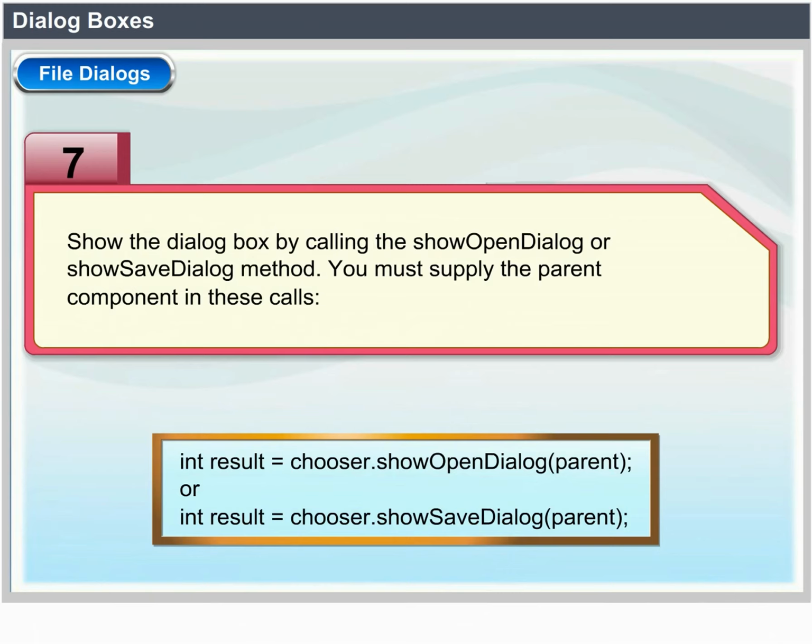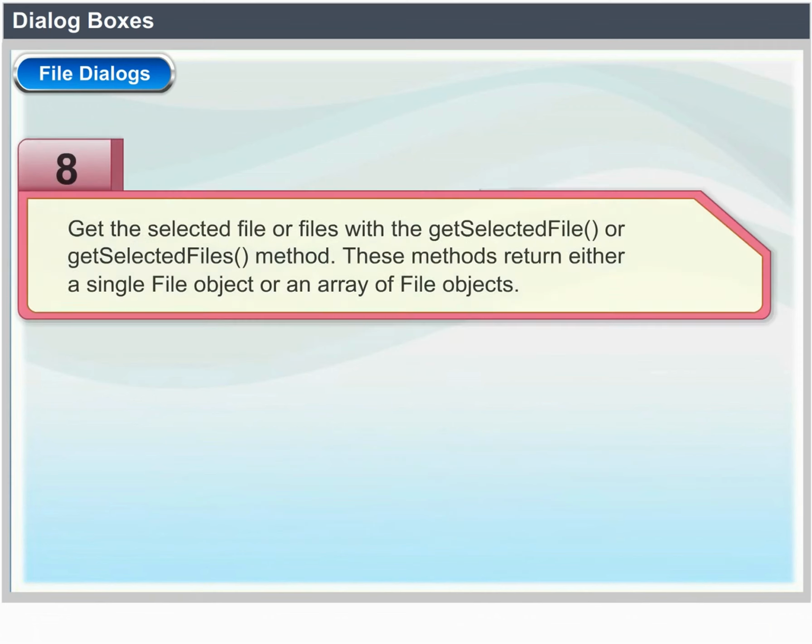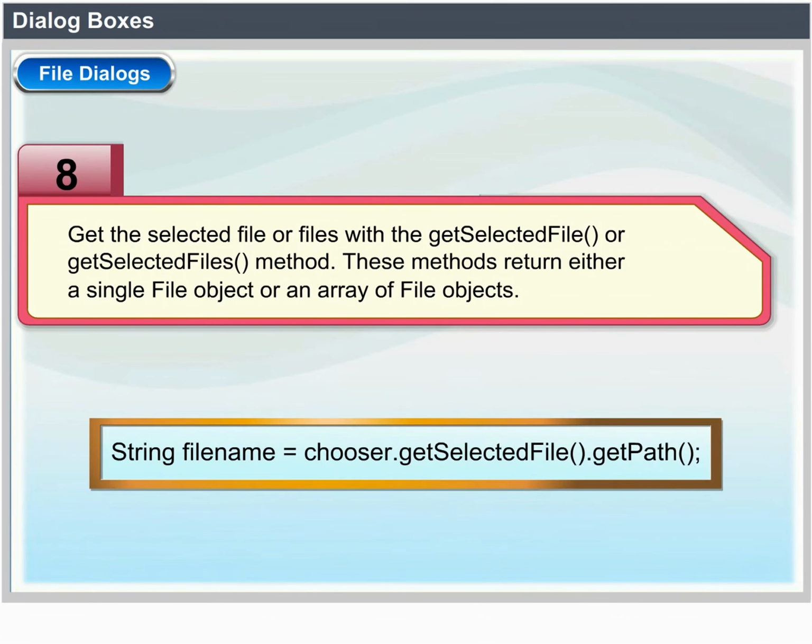Show the dialog box by calling the showOpenDialog or showSaveDialog method. You must supply the parent component in these calls. int result = chooser.showOpenDialog(parent); or int result = chooser.showSaveDialog(parent); Get the selected file or files with the getSelectedFile method or getSelectedFiles method. These methods return either a single File object or an array of File objects. String filename = chooser.getSelectedFile().getPath();